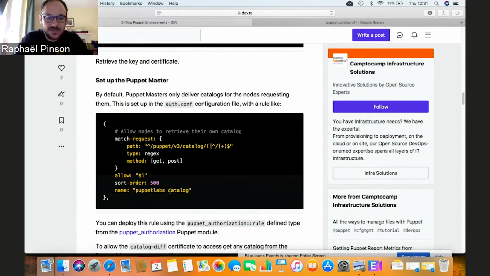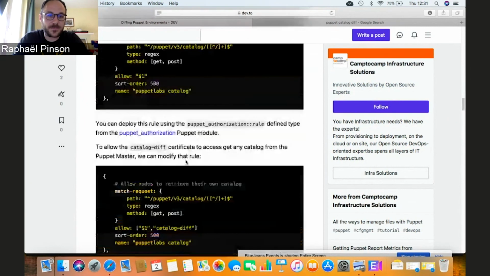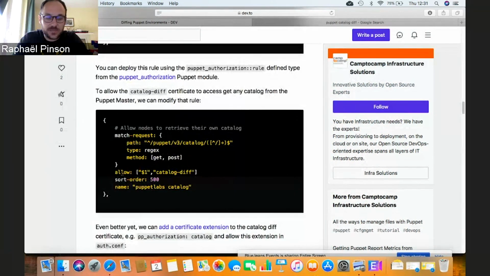So you need to add some kind of rule in auth.conf to allow specific access to this. So typically what we do is the name of the certificate can access and retrieve its own catalog, and then we have typically a static certificate name that can also retrieve it, and